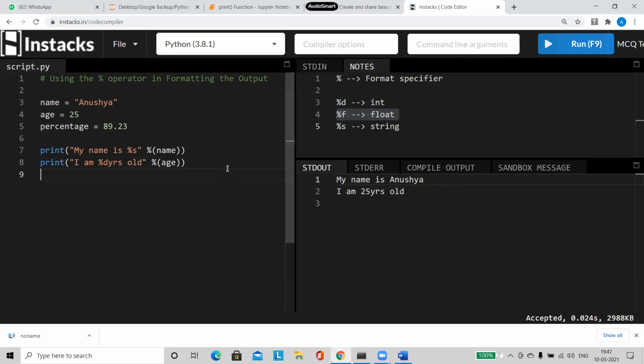Now for the third one, you can just use another print statement. It is not always necessary that you put it in a single statement. You can simply say my average is percentage 0.1 F followed by a percentage symbol. That is, to get that percentage symbol, I'm going to do 2%. It is too big to type, so I'll just copy and paste it. Done. Run it.